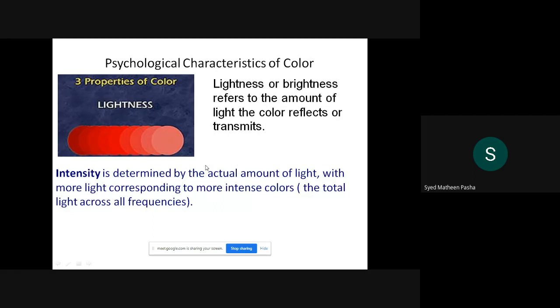Intensity can be determined by the actual amount of light which is being projected onto the object, with more light corresponding to more intense colors. That is nothing but the amount of light circulated across some of the frequencies. So this is how intensity is determined with respect to an object.